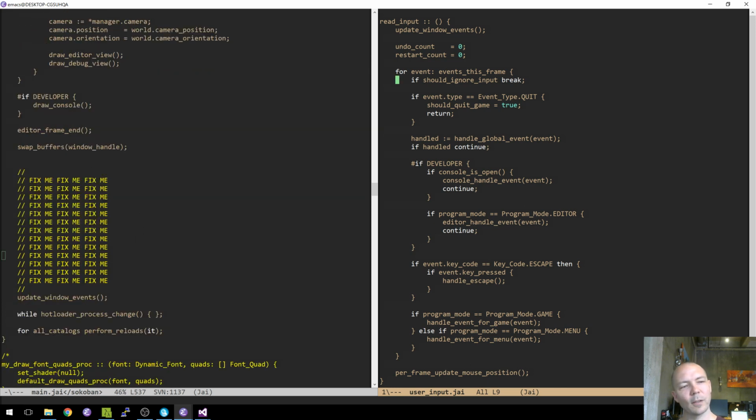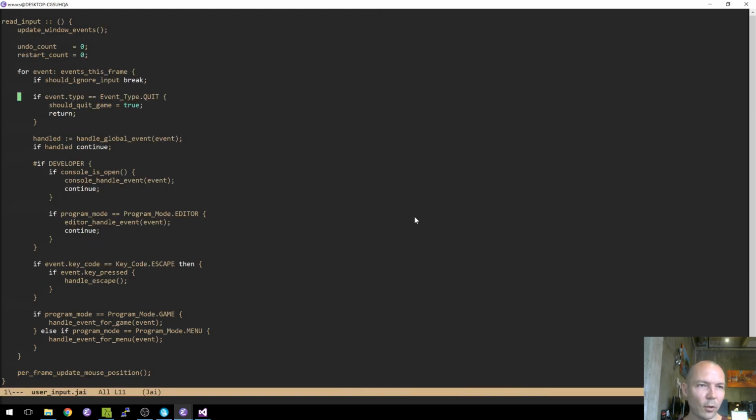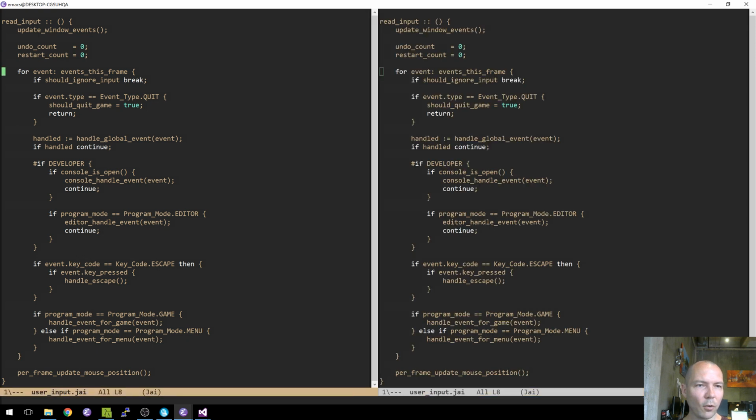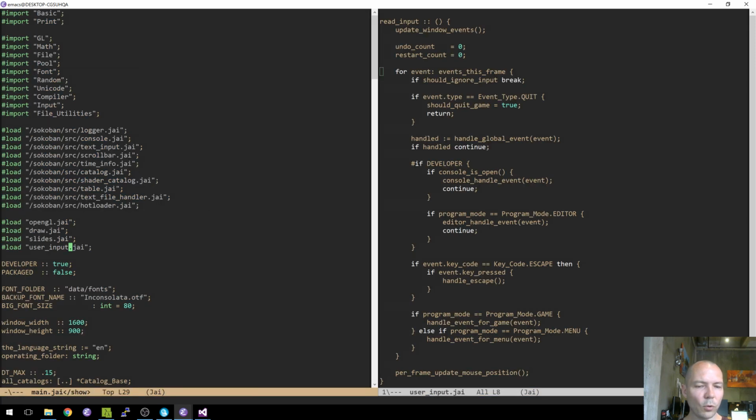Although, if we're blocking at the end of swap buffers, maybe it doesn't matter in principle because it's effectively the start of the next frame, except it's before catalog reloads. Really you want this to be one of the first things in the frame in any game that's being responsive. So I'm going to tell whoever's programming Sokoban to fix that. And here we'll do that. We'll update it right here. And let's go to main for show